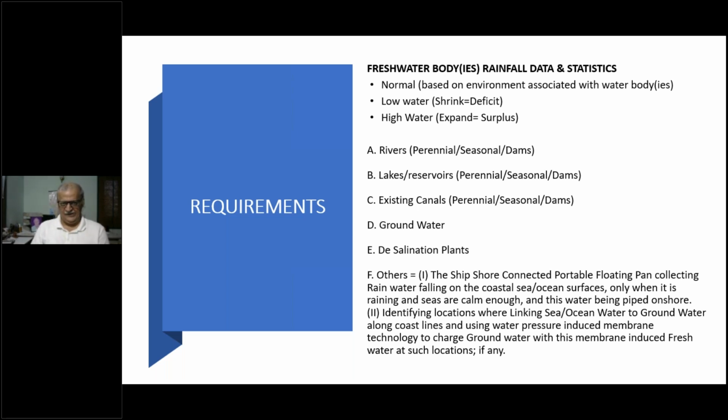And the requirements are that we have to identify all the freshwater bodies, the rainfall data and statistics, and then line them up as normal, low water or high water. And then we have to identify all the rivers, whether they're perennial or seasonal or they're dammed up in portions, lakes, reservoirs, existing canals, groundwater, and desalination plants. And then we have some other